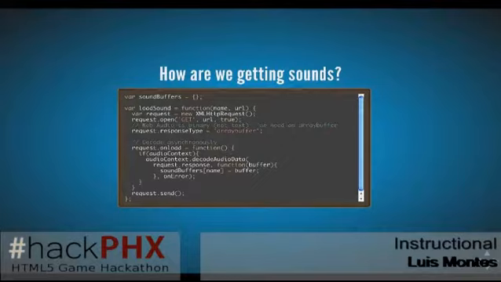Well, how do we get sounds into our audio context? Because when we have an audio tag, we just say its source equals something, and then we say play. Well, with this audio context API, we have to load the sounds in via Ajax. There was some work a while back to set up audio tags and then use the Web Audio API on top of that. I don't think that's working yet, or maybe it is now. Anyways, it's a lot easier just to grab the audio files that you need with Ajax and then create a sound buffer and a sound source.